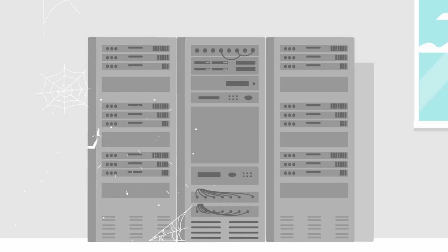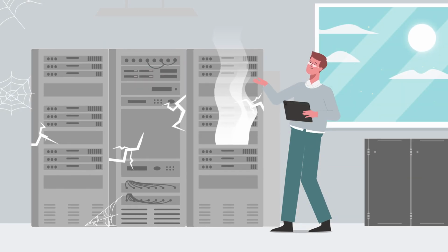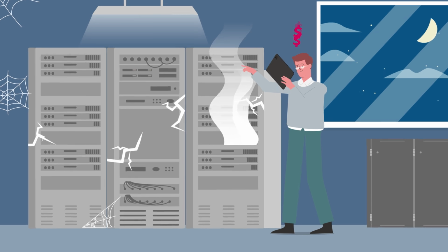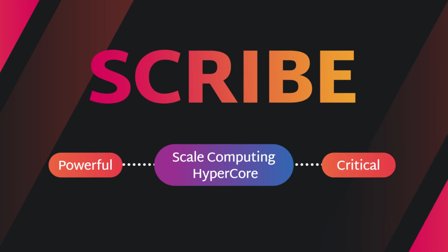Traditional storage solutions are often complex, inflexible, and prone to failures, requiring constant manual management and optimization that can be both time-consuming and costly. Meet SCRIBE, the Scale Computing Reliable Independent Block Engine, a powerful and critical software component of